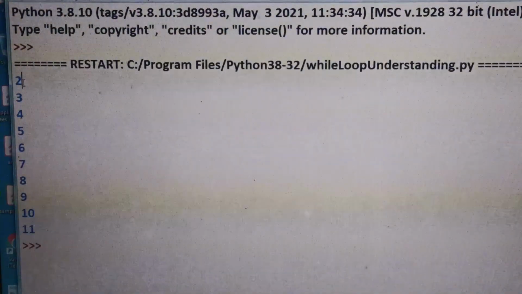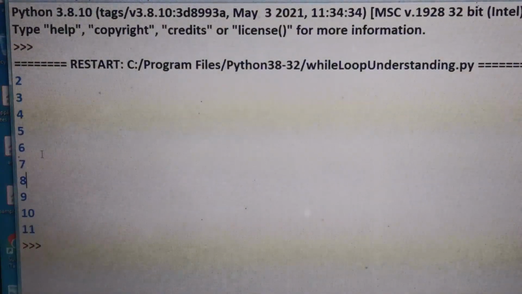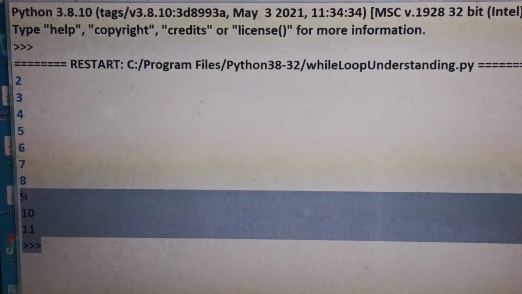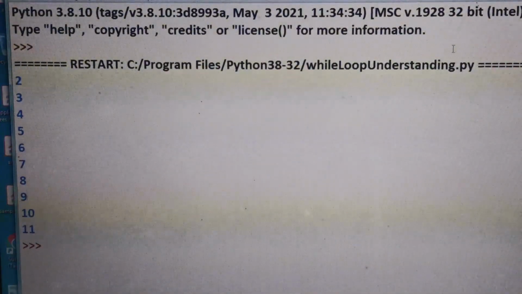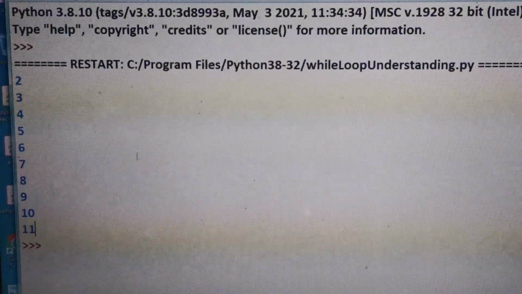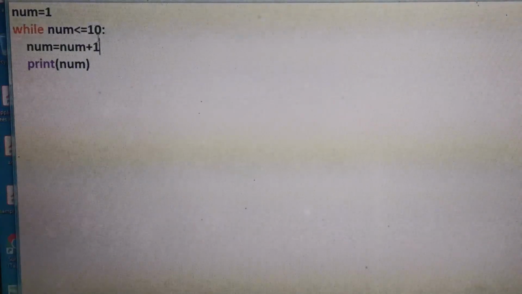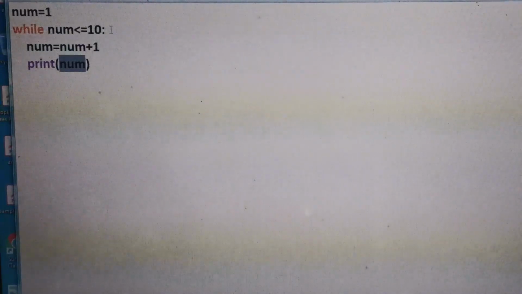See the output. 2 and 11. But what was my condition? My condition was to print values from 1 to 10. But see, 11 is also being printed. And I think you have understood, with the explanation done in the theory part, why this 11 is coming. If you just execute each and every step, you would understand that after 10, the value is incremented by 1, which becomes 11, and that's why the value 11 is being printed. And since 11 is not less than 10, the condition evaluates to false